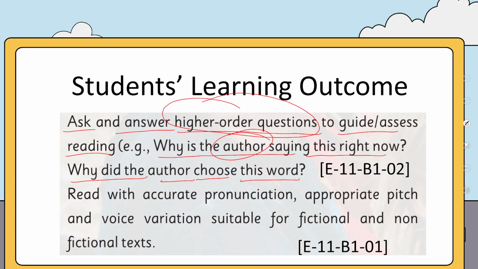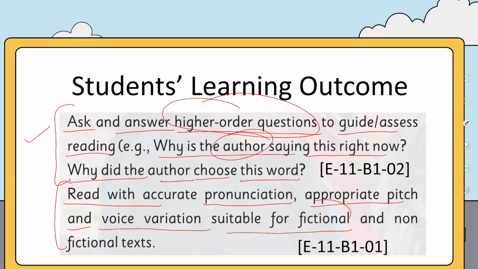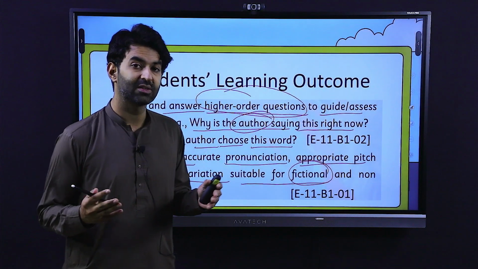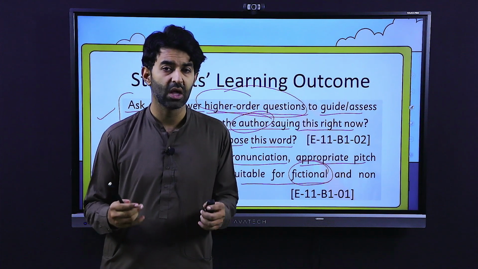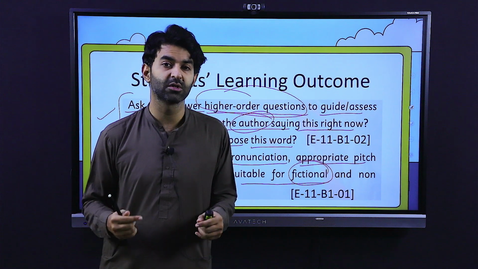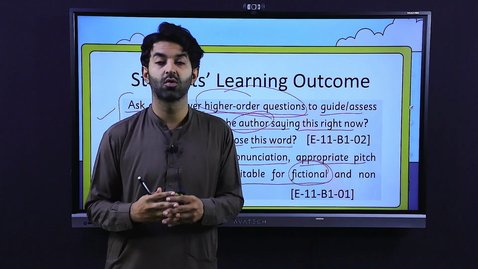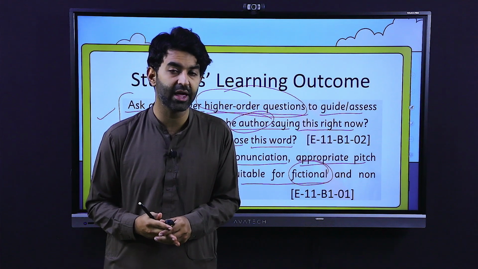And now, this chunk will be covered, and then we will talk about how we read with accurate pronunciation, appropriate pitch, and voice variation suitable for fictional and non-fictional text. It means that when we are reading aloud, let's say we are reading a poem or we are narrating a short story, or for any other purpose, if we are quoting somebody, if we are quoting any fiction or non-fictional text, anything,